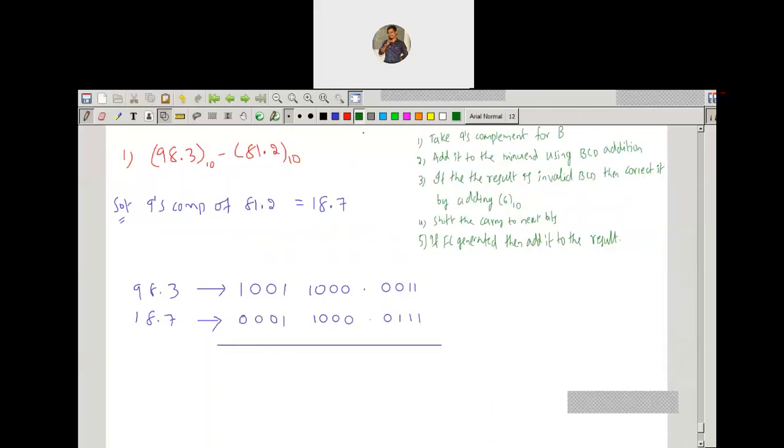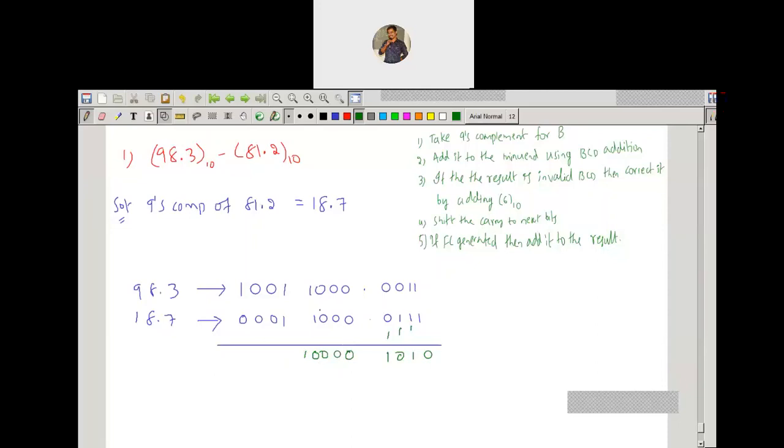Let's move on to the BCD addition. 1 plus 1 is what? 0 with carry 1. Again here 1 with carry 1, and 0 with carry 1, and 1. Coming to your second digit, 0 0 0 and 1 1 is what? 1 plus 1 is 0 with carry 1. We'll take 1 here only.